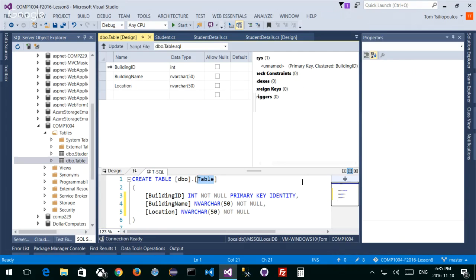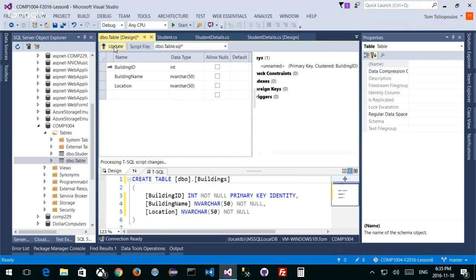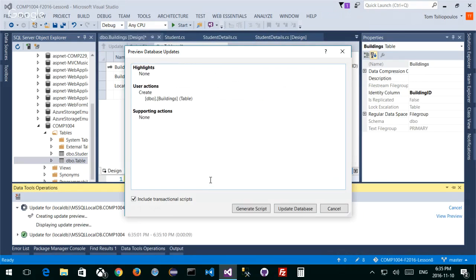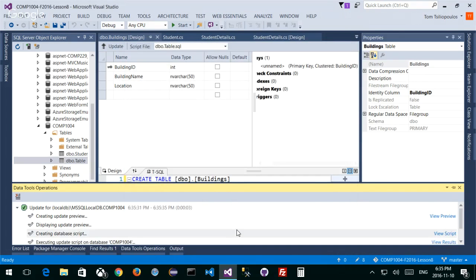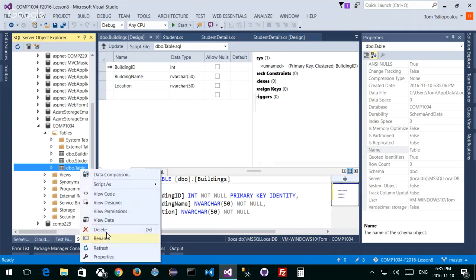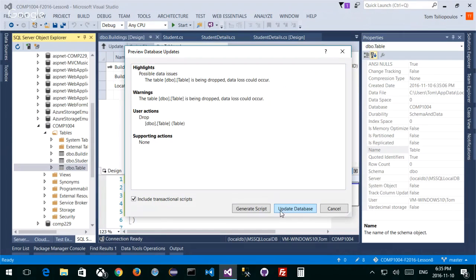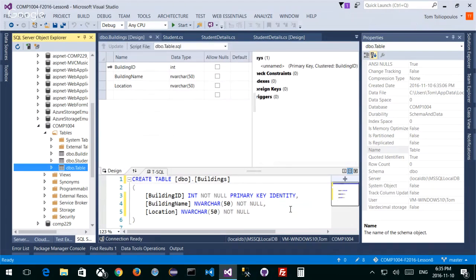So my buildings table. Right, so I'm modifying it here, and I'm updating the table, and I'm going to go update database. There we go. Now it's going to update this to buildings. And of course, I just added another one. We'll just delete this one. Delete. Okay, so